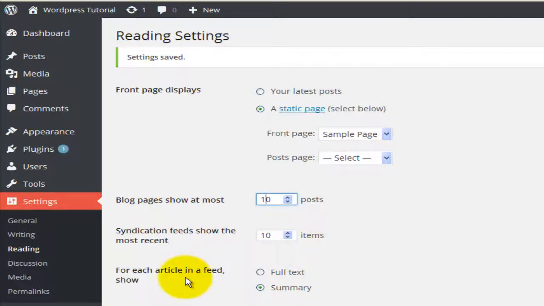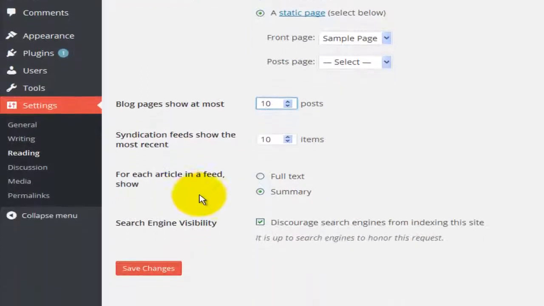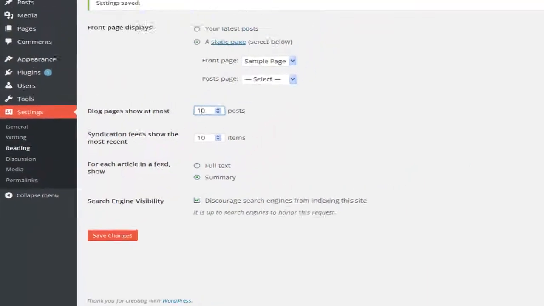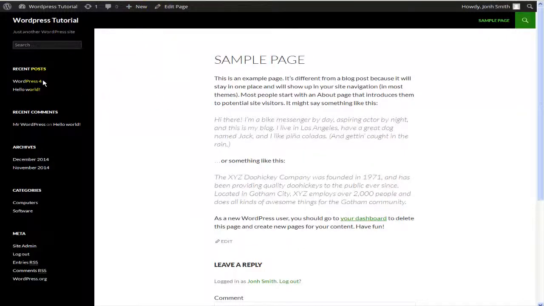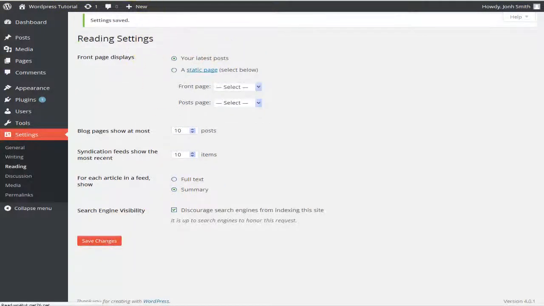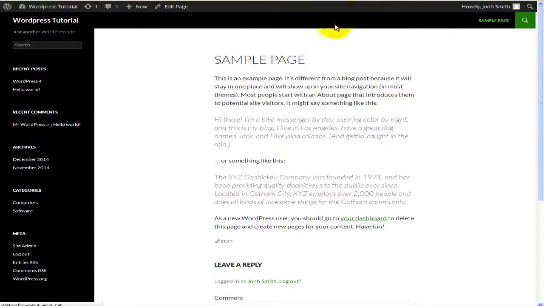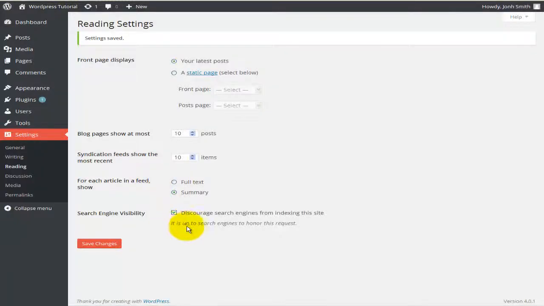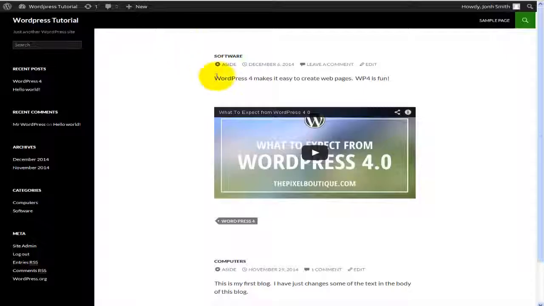Okay, the next option down will show and edit how we display our feeds. So what that means, if I was to go back and had this set to my latest post, let's save that and let's refresh the page. Okay, so that last bit, I'm talking about this bit here, is to do with how this is being displayed. Now, because I have a very small paragraph here, I only have 2 sentences, we can show everything,